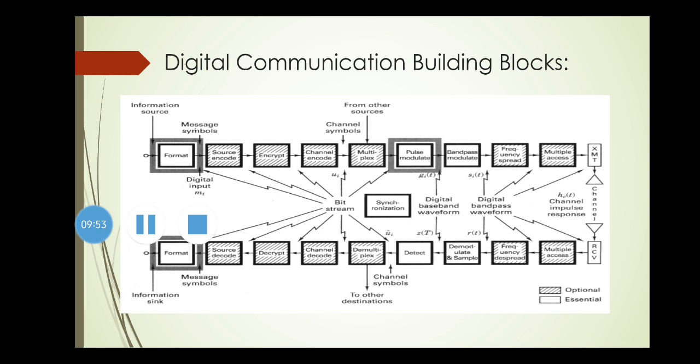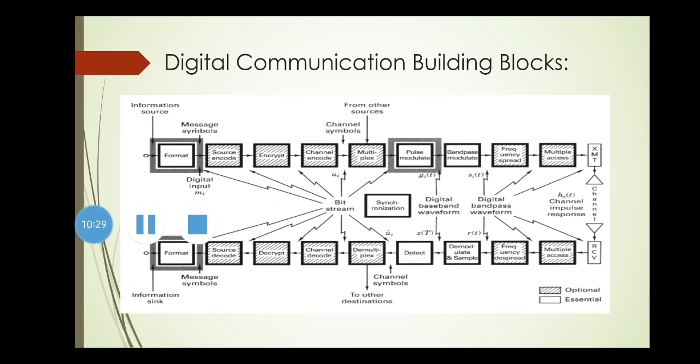The term baseband refers to a signal whose spectrum extends from DC up to some finite value. I repeat, the term baseband refers to a signal whose spectrum extends from DC up to some finite value. And what is this finite value? What should be the range of this baseband waveform? It is always less than megahertz. It is not going to be greater than megahertz. It always falls well within megahertz.